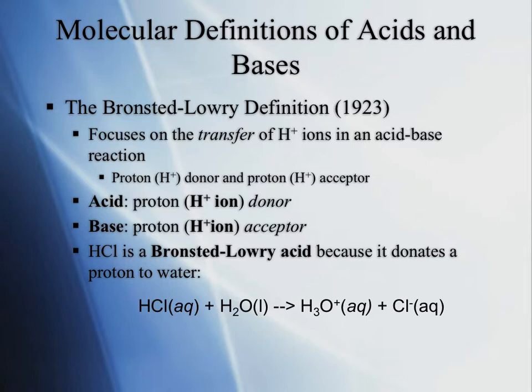So we're going to have an acid that now is not just something that increases the hydrogen ion concentration in a solution, but is actually a proton or hydrogen ion donor. An acid is going to give the hydrogen ion to another